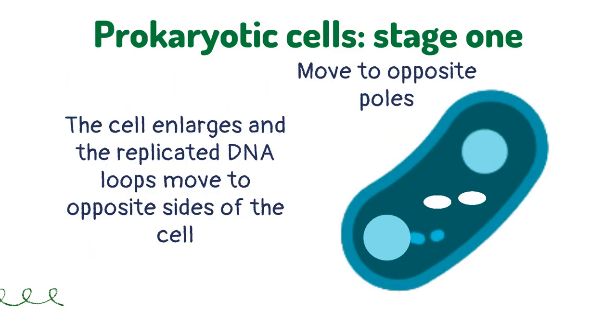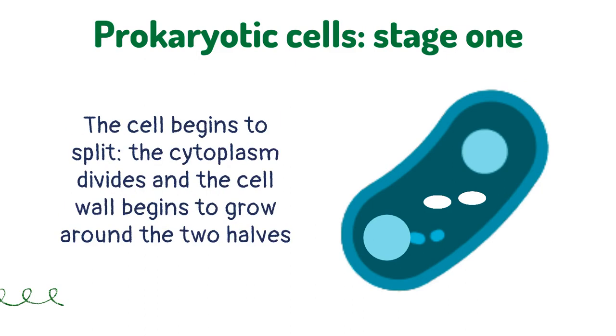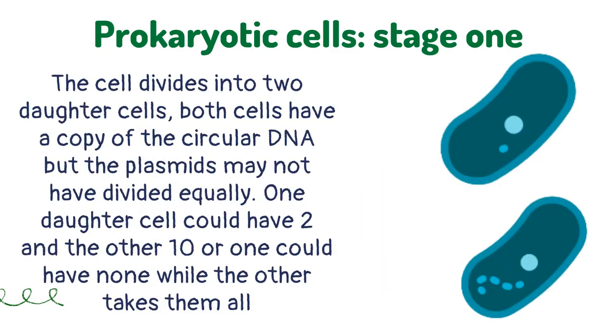The cell enlarges and the replicated DNA loops move to opposite sides of the cell. The cell begins to split, the cytoplasm divides and the cell wall begins to grow around the two halves. The cell divides into two daughter cells. Both cells have a copy of the circular DNA, but the plasmids may not have divided equally. One daughter cell could have 2 and the other 10, or one could have none while the other takes them